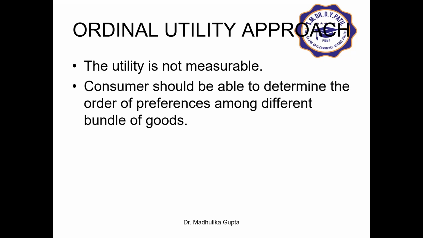In other words, according to the ordinal utility hypothesis, while the consumer may not be able to indicate the exact amount of utility that he derives from commodities or any combination of them, he is capable of judging whether the satisfaction obtained from a good or a combination of goods is equal to, lower than, or higher than another. That he can find out. Understood? That is the ordinal utility approach.